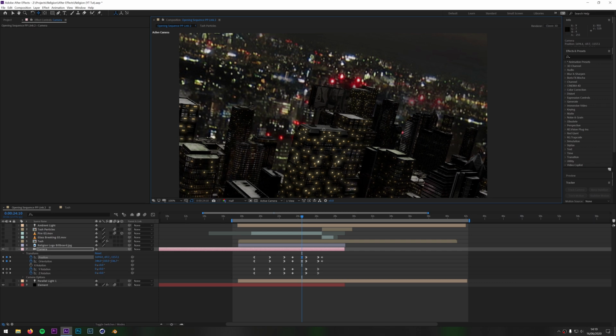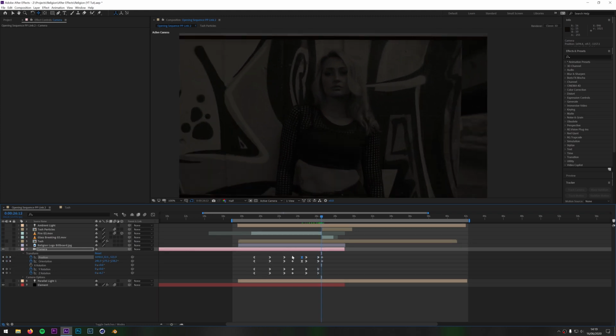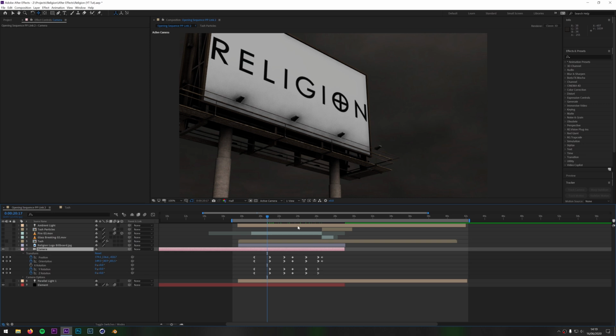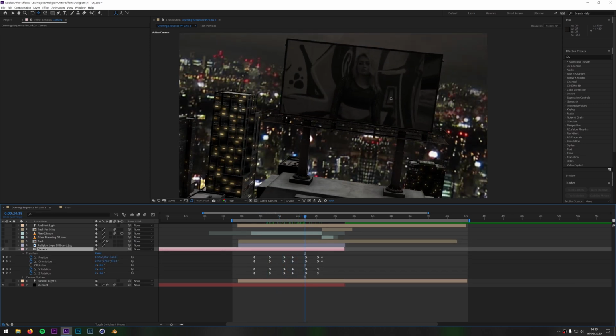And what I've done is I've added some keyframes, and on the last one you can see the camera just stops dead still as if it's going into the billboard. I'll just delete those ones quickly. So with this effect, I've got the religion logo in here, and I've also got the Tash video on here, and it's pulling these from these two layers above, this one and this one.